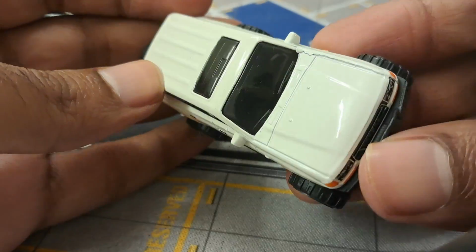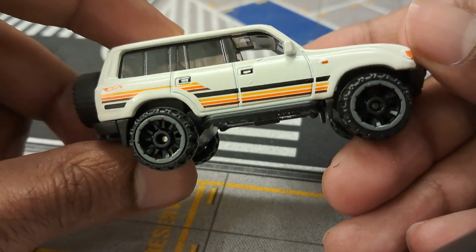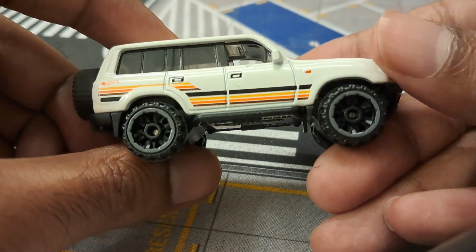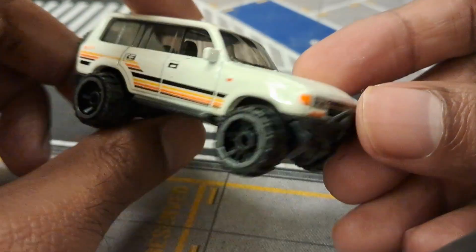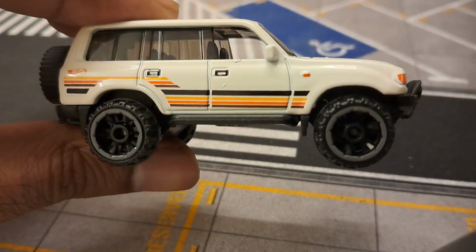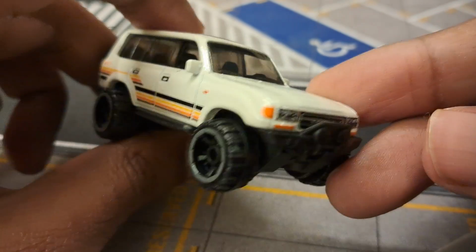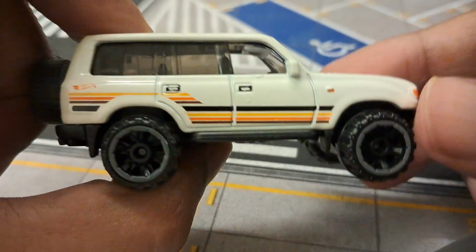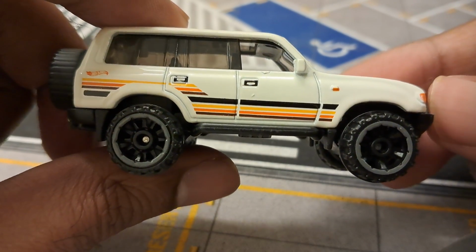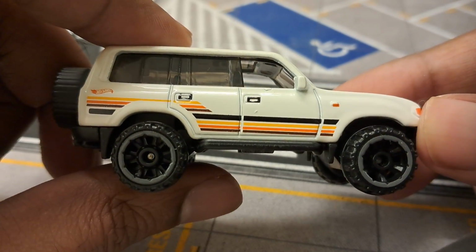So that's my first look at the butch SUV from Toyota. There's some paint blemish, overspray, I believe. Just to give you a brief history of the Land Cruiser nameplate, this is Toyota's first four-wheel drive vehicle, which was conceptualized around the early 1950s. It came first in 1951 as the BJ series, and later